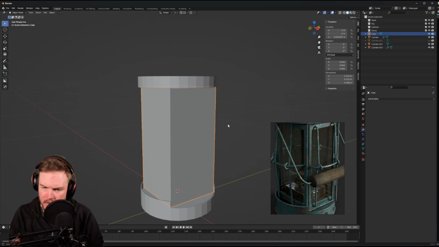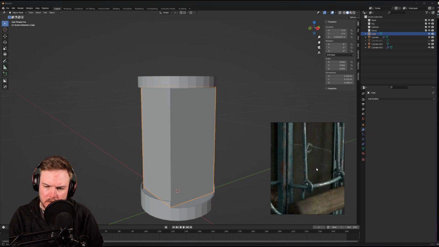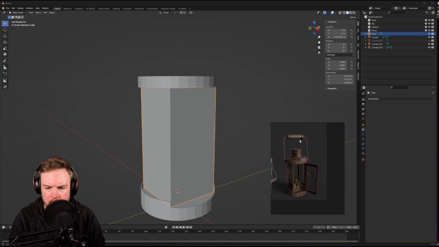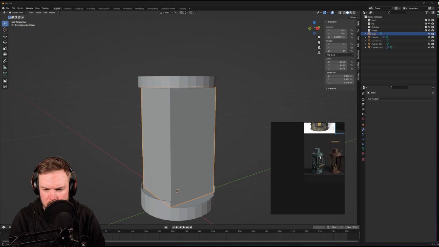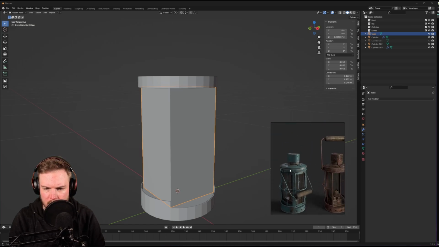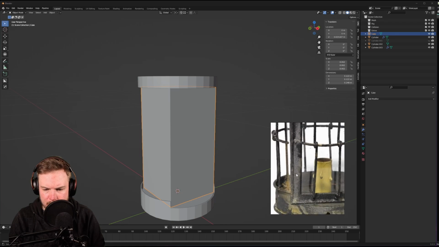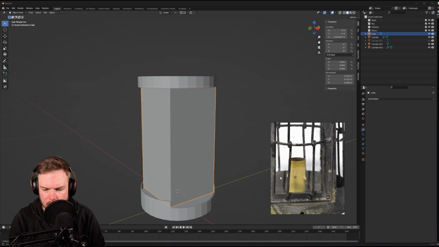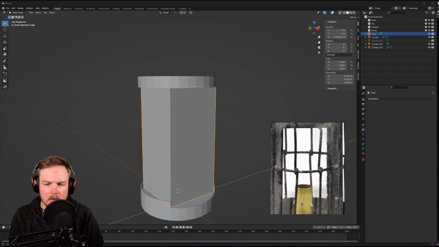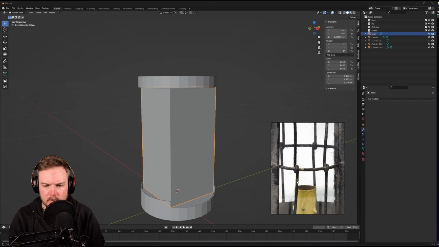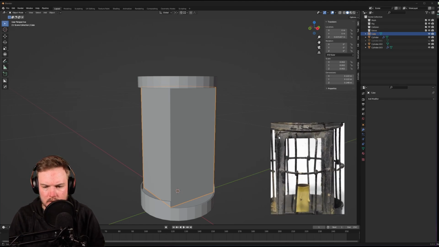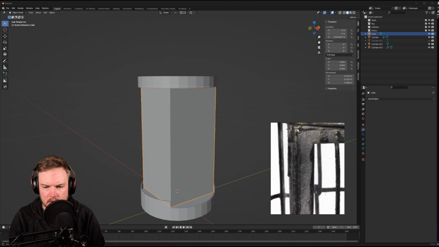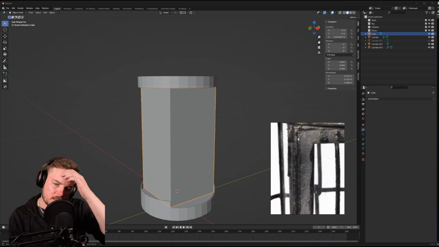The best way to do that, looking at this, might be best if I extrude one side out first, then extrude these sides, or would they be